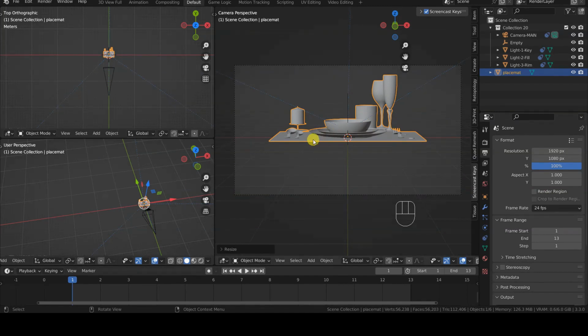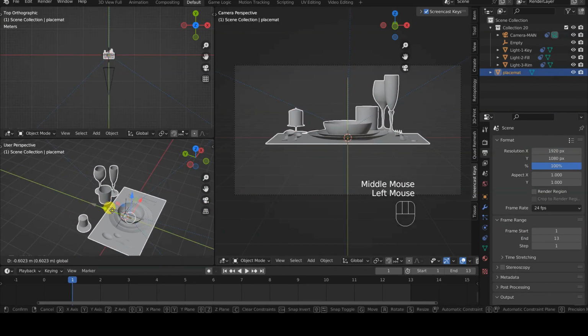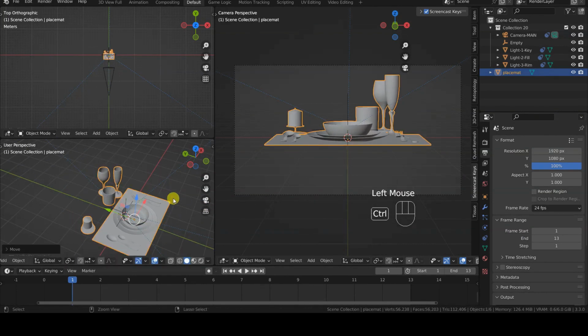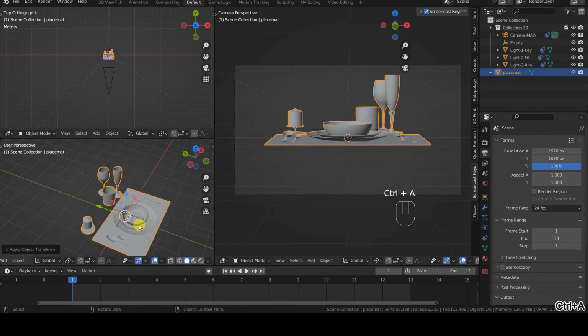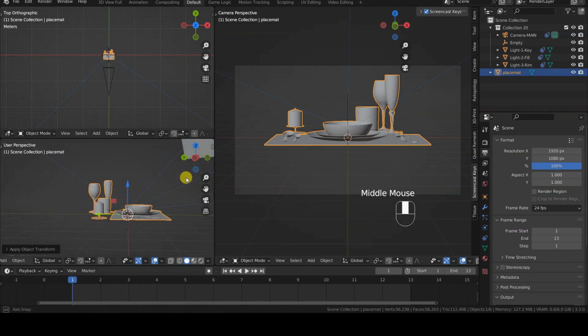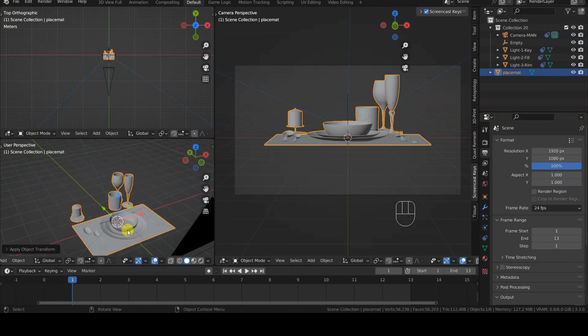If the imported object does not have its origin in the center of the scene, you can manually position it as you wish, then press Ctrl A and choose Location. This operation will have the effect of resetting the object's location coordinates. The result of this operation is that the object's origin will coincide with the center of the virtual universe, as desired.